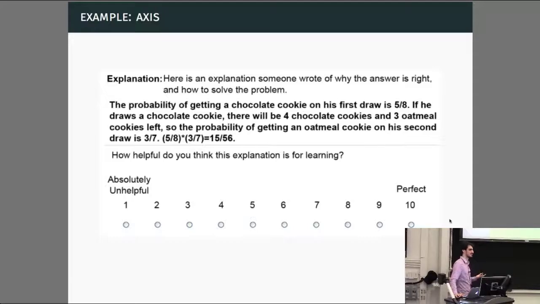There is actually some reason to believe that wrong explanations could be useful, but you don't want to tell the person that it's a right explanation in that case. You might want to ask them, here's an explanation someone generated. Is this correct or not? Maybe identify the flaws if it's wrong. But if you tell them it's right, that could be bad for learning because you're giving them incorrect information. We're characterizing helpful and unhelpful. Right. I think only explanations were given that were correct, at least at some level, so we didn't have incorrect information.